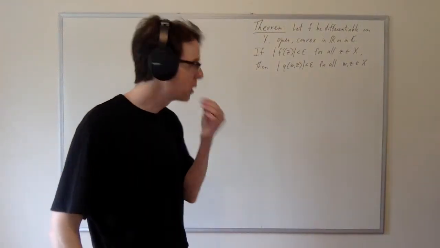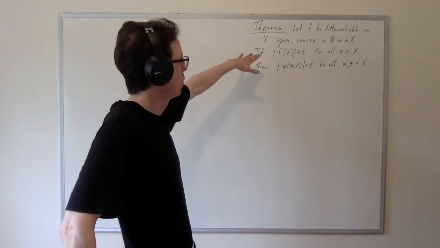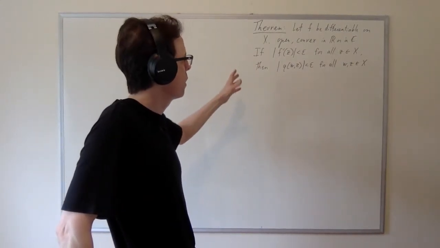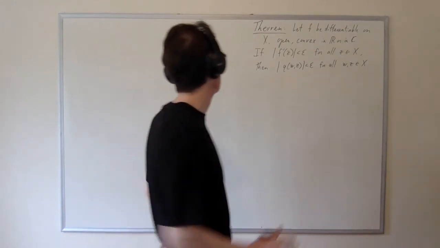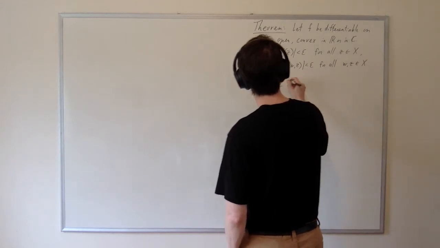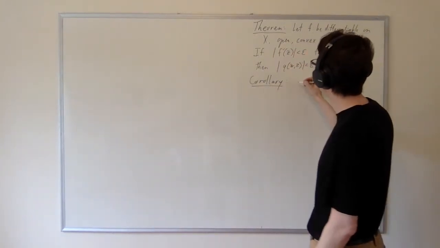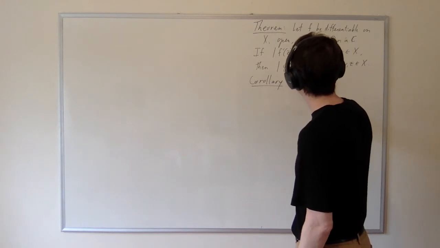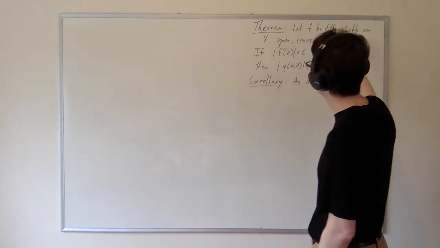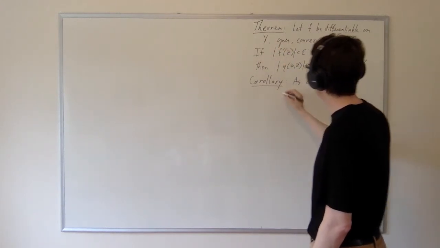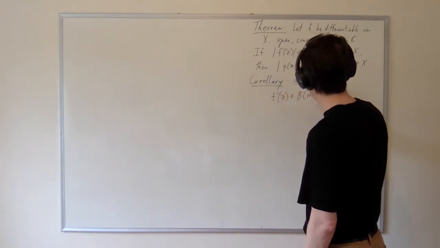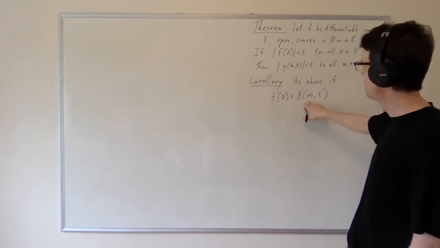Now that we've proven this important theorem about what happens when the derivative is bounded less than epsilon, let's make a deduction from this about what happens when the derivative can only be estimated. So our next corollary is going to be a statement about what happens when the derivative is known to have some value approximately equal to m. So, as above, I mean that f is a differentiable function on an open convex subset of C or R. So if, in fact, f prime of z is somewhere close to m, so it's in the epsilon ball